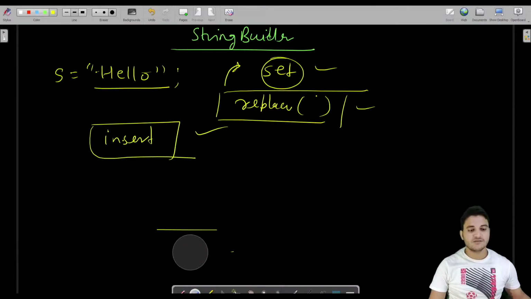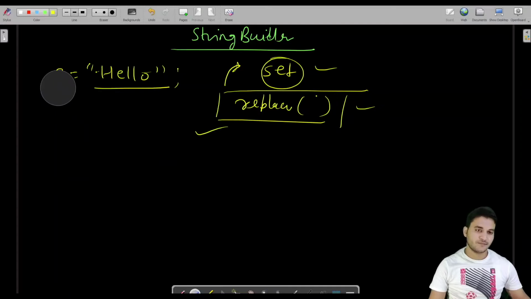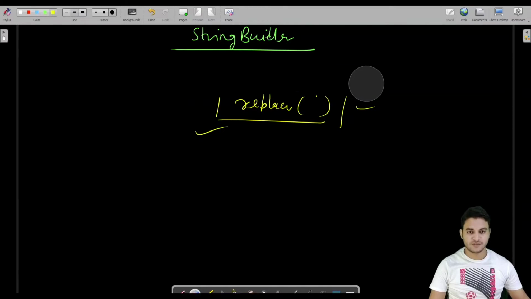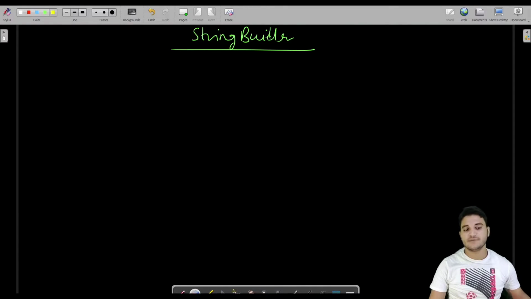So to overcome these kinds of scenarios, we have a string builder, and it has some advantages over strings. Let us see all the methods and how it is better than strings. In string builders, first of all, declaration is simple.